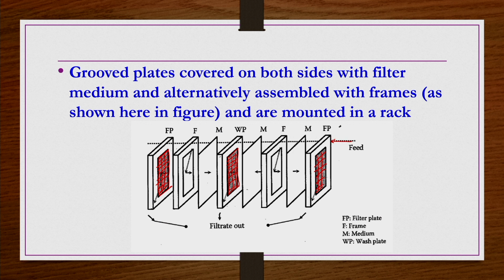Now, as in the previous picture, if you see, there are two holes provided, and each hole has a different purpose. The feed comes through one particular hole from here, then enters the center of the frame. Because of the pressure the material is pushed, and the liquid passes through this filter plate as well as the wash plate, and is collected as filtrate through the bottom like this. Pictorially it is shown like this here.